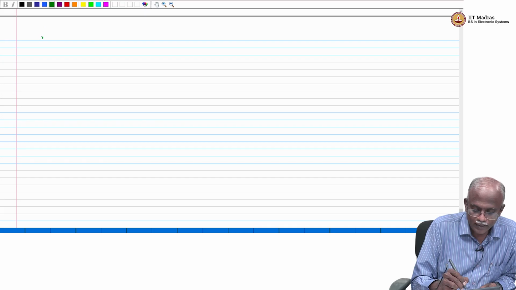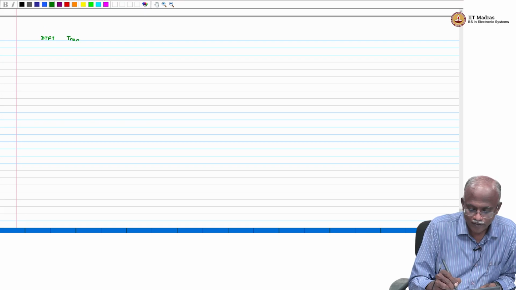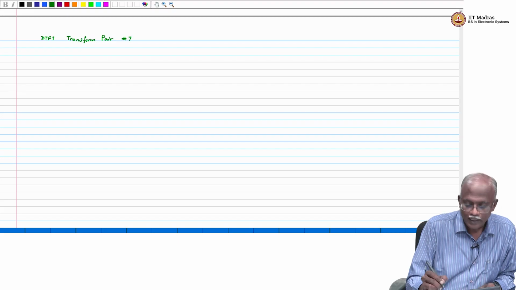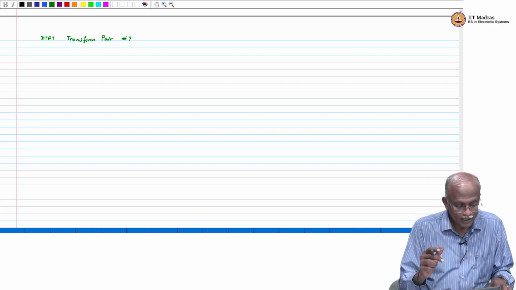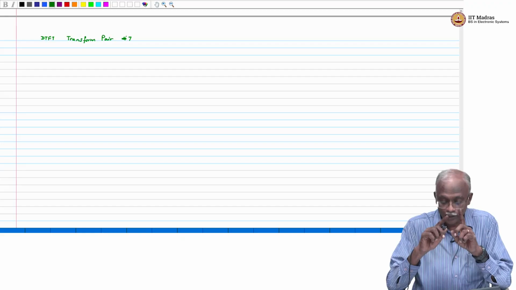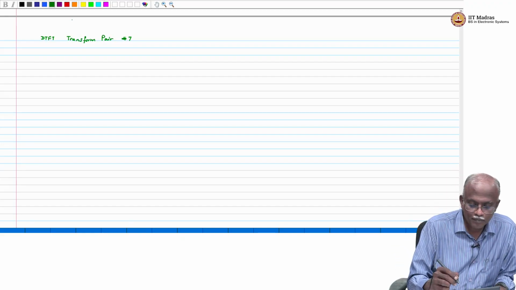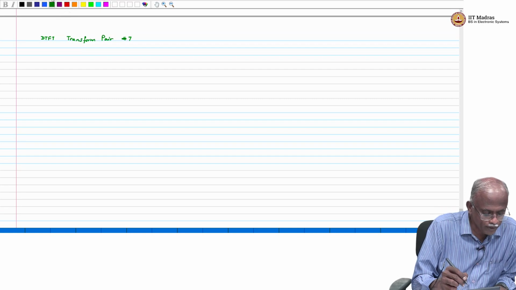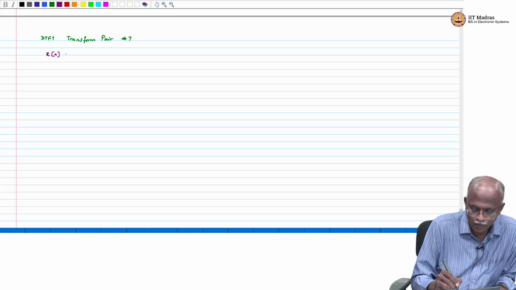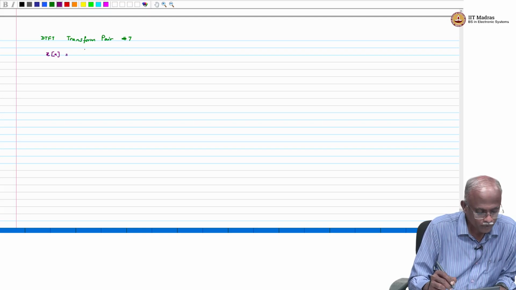This is the DTFT transform pair number 7. It is an important result. It is a result that requires us to go through systematically to obtain, and we will do this in the following form. The property says, if x of n is equal to r raised to the power n